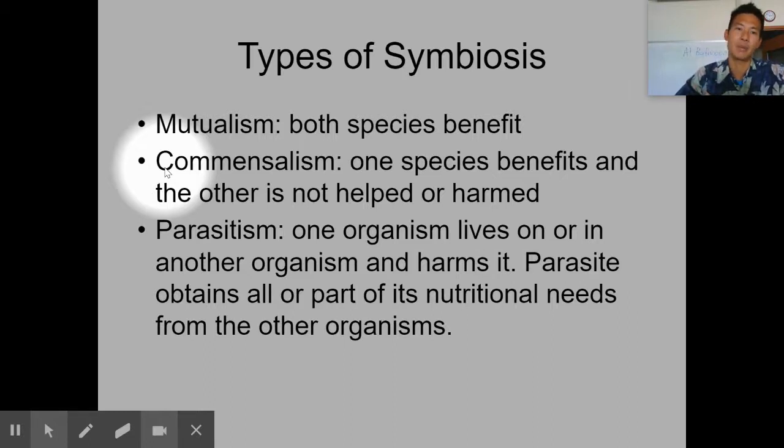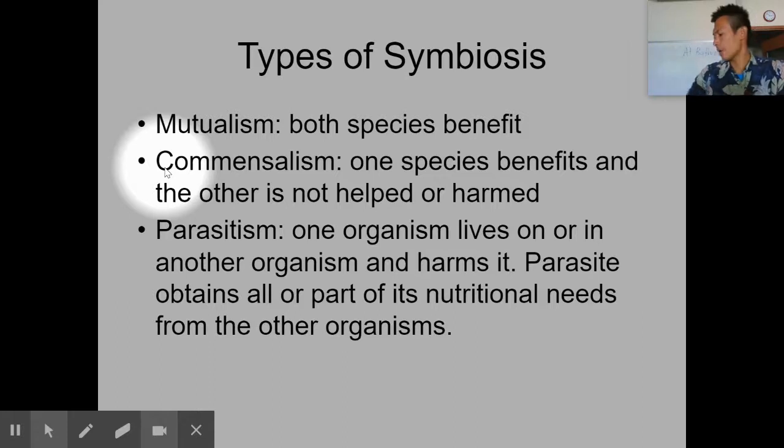Okay, but unaffected. All right. However, the remora will eat the scraps that the sharks leave behind. So in this case, commensalism, the shark is not affected. The remora fish is benefited. Right, it benefits from this